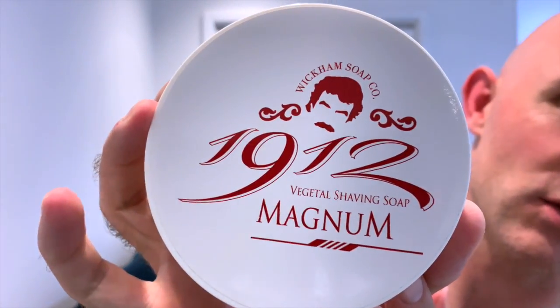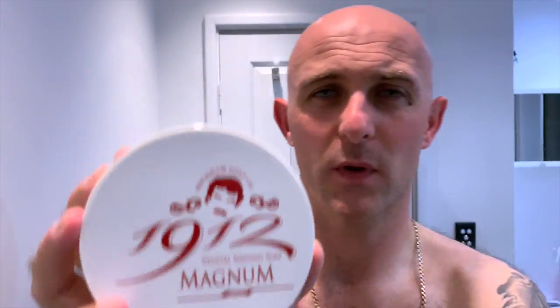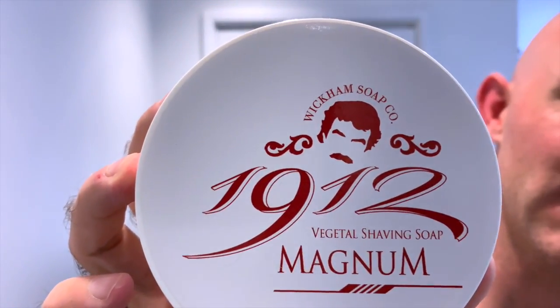Going for a shave tonight with some lovely products, two of which are relatively new, one that I've used a little bit and the other one I've used a little bit, but we'll go through them as I get there. The soap for tonight is Wickham, I was going to say West Coast Shaving, I've got no idea why. Wickham Soap Company Magnum. Now the scent on this is,